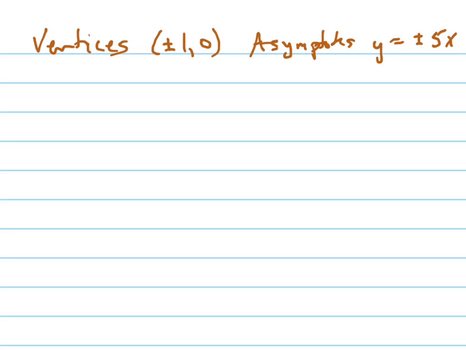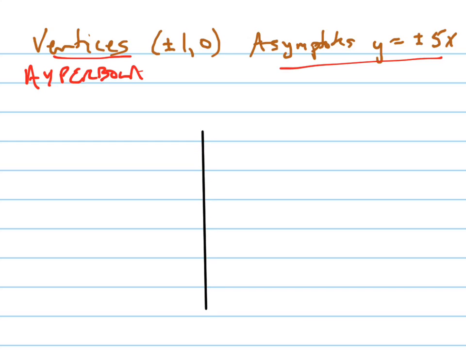Let's find the equation of the hyperbola that has vertices at plus or minus 1, 0 and the asymptote of plus or minus 5x. So first of all, it's good to just draw a picture. If the vertices are at plus or minus 1, 0, that means I've got a vertex